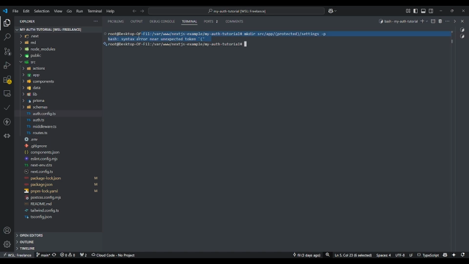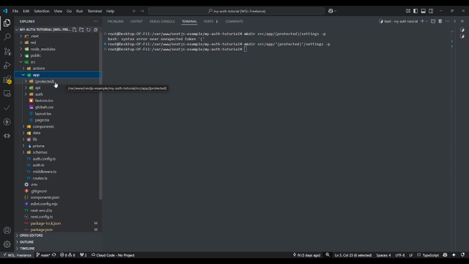I'm sorry, we have a syntax error here. To be able to fix that syntax error, we need to wrap protected with single quote. And let's try again. And there you go. That is now created. So we can check that here. It should be inside the app, and you can see here there is a protected directory with the settings also as a subdirectory here.